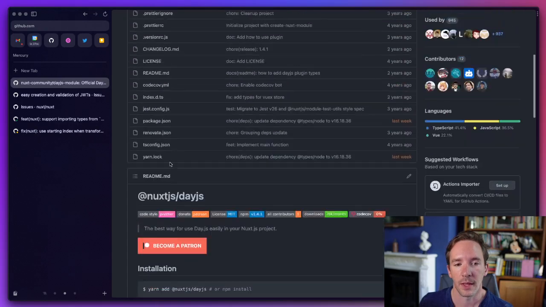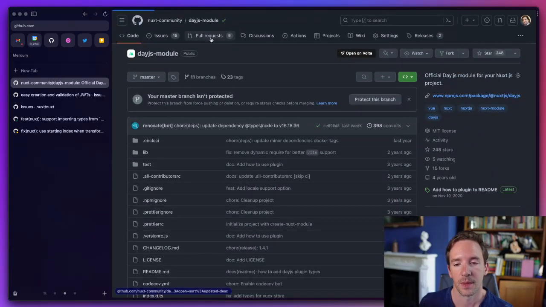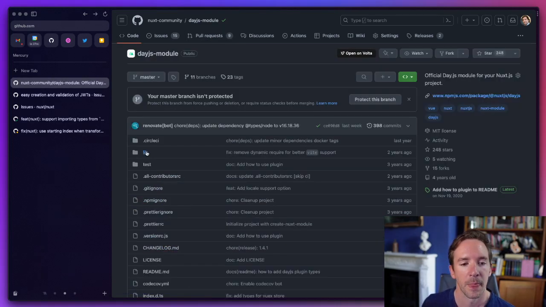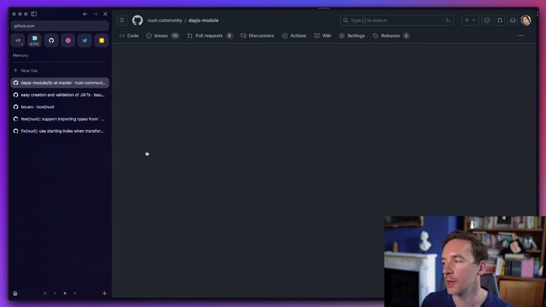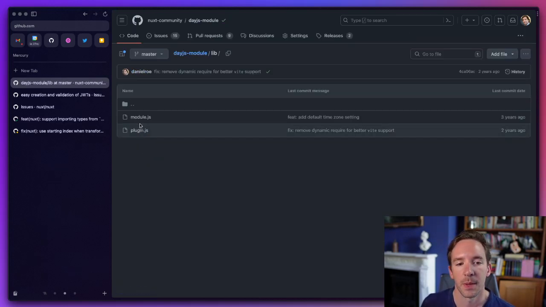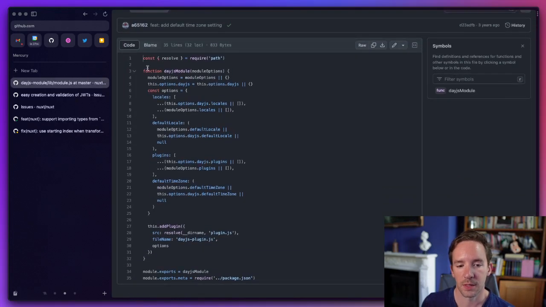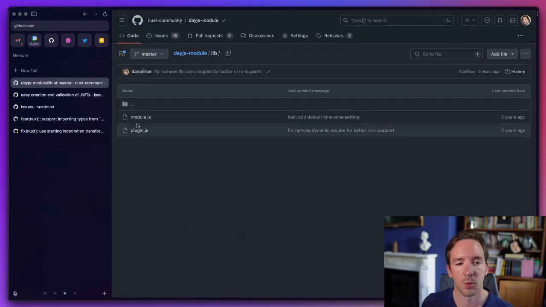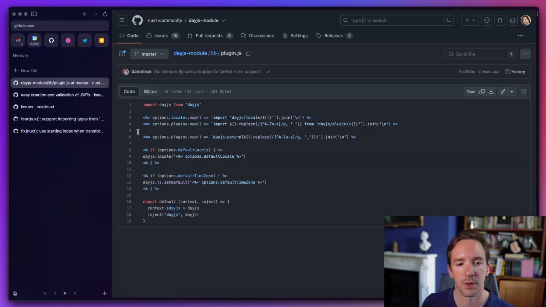So migrating this, I don't know if someone tried to migrate it. Yes, someone did. So we should probably act on that. But migrating it should also involve re-architecting it, because this module has some default options, which is great. That's very straightforward. This is, by the way, not at all a criticism. It's more an architecture thing for Nuxt 3.